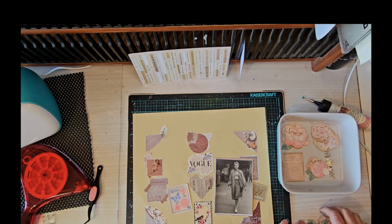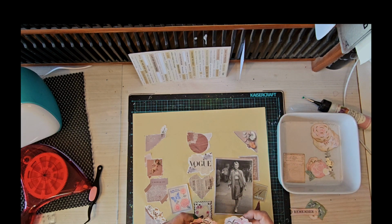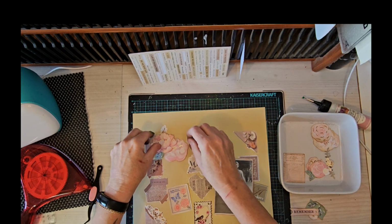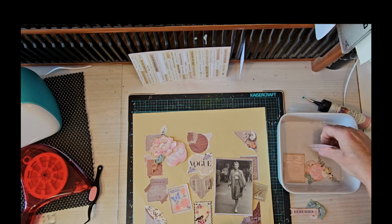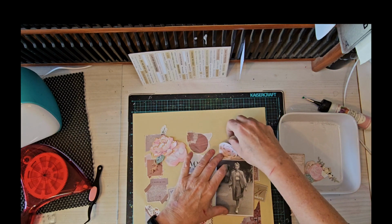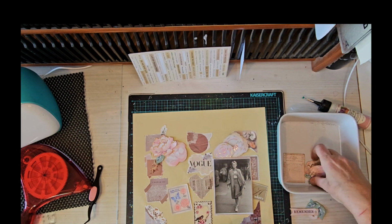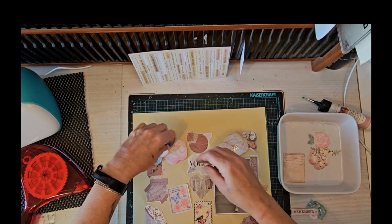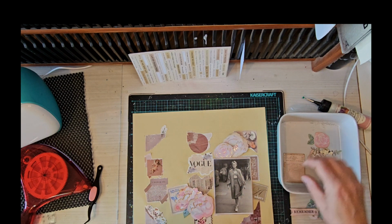Now I've got a whole lot of bits and bobs that I've inked up as well. I've got to remember how I wanted them. My grandmother loved flowers like most grandmothers did. So I think I'm going to make a, what am I talking about? That's not right. I think I'm going to make a bit of a